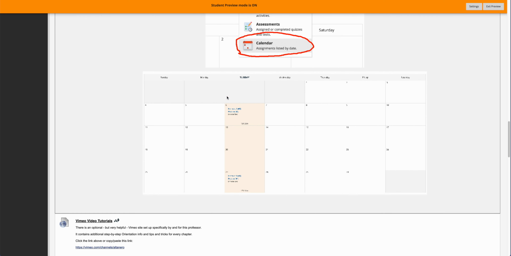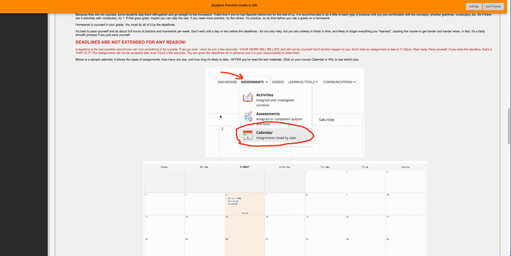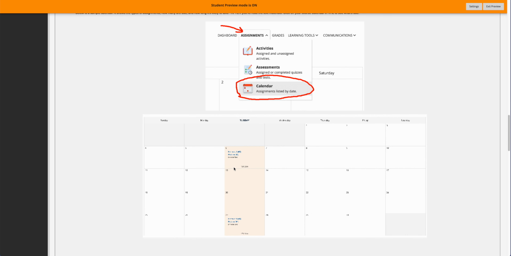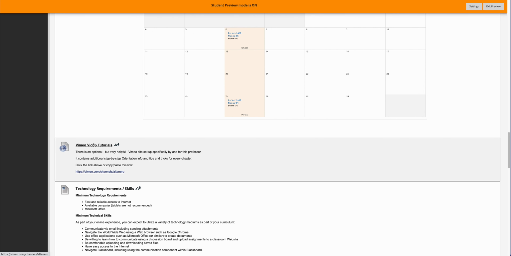And that's what the assignment calendar looks like. Please use the assignment calendar, okay? If you try one of these other ones, it's going to make a huge, long, scary list of things, and you can't tell what's practice, what's homework, and what's the test. So use the calendar, and then it's broken out. I know you can't see this, but it says practice, homework, test. And then you just click on each one. Practice first, homework second, and then test last.